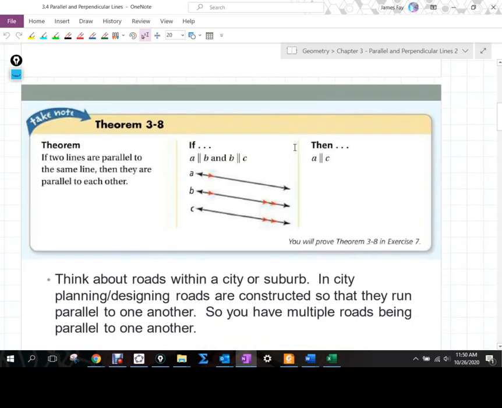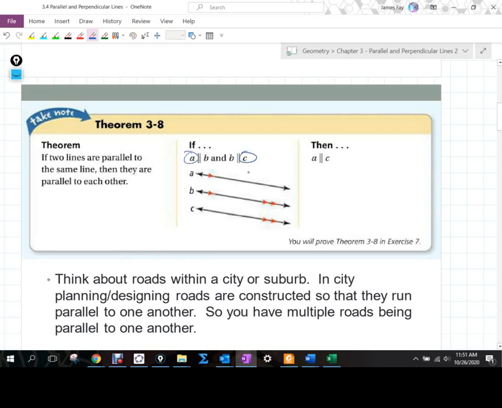Okay, the first couple theorems here just talk about relationships with a series of parallel lines. Basically what this first theorem says is if you have a series of lines that are all parallel to one another, then you could pick any two of them out and say that any two are parallel. It's essentially the transitive property with parallel lines. We're saying if two lines are parallel to the same line. So here we see